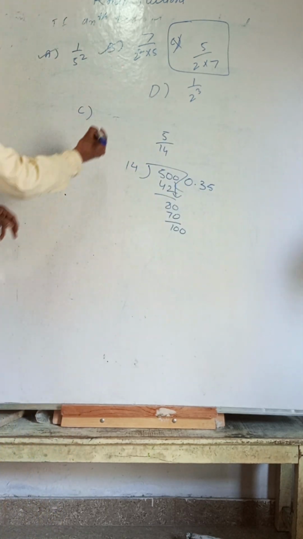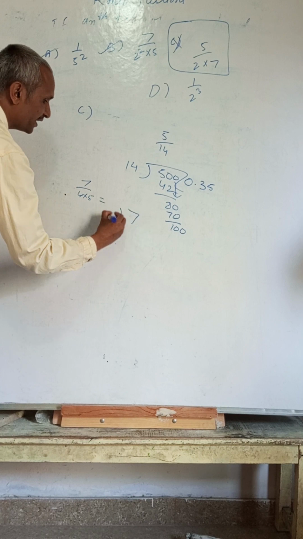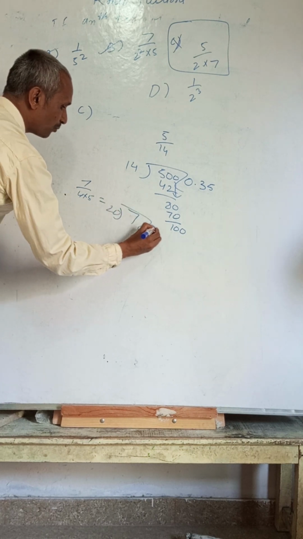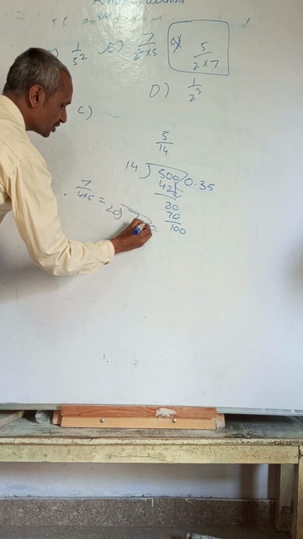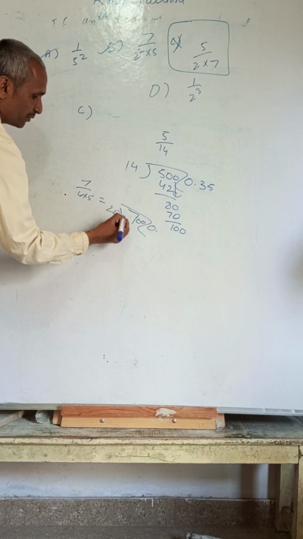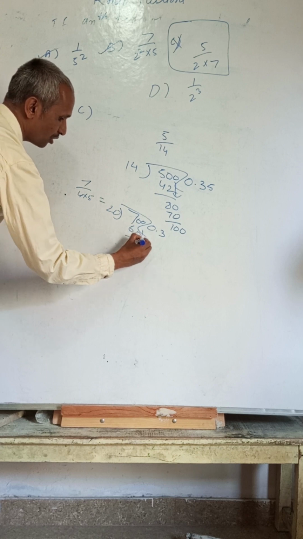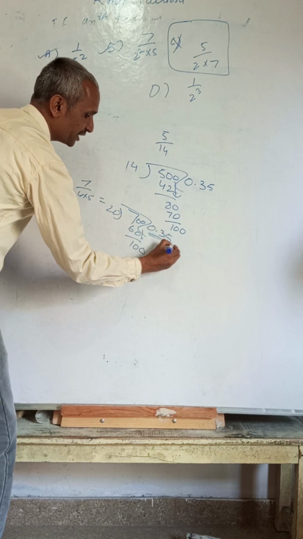But for another number, suppose 7 by 2 to the power 2, means 4 into 5 is equal to 20. Means 7 divided by 20, we can write 0 point. After that, here we keep the zeros as many as needed. So we can continue like that. 7, 2 3s are 6, 10 remainder, taken down the 0, 5 2s are 10. It is a terminating number.